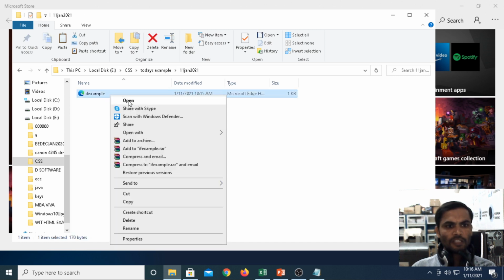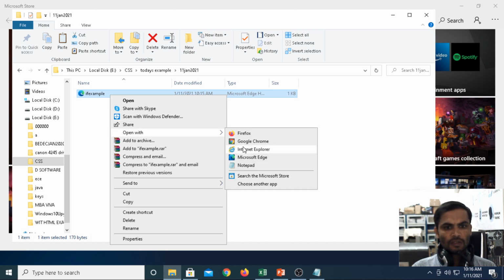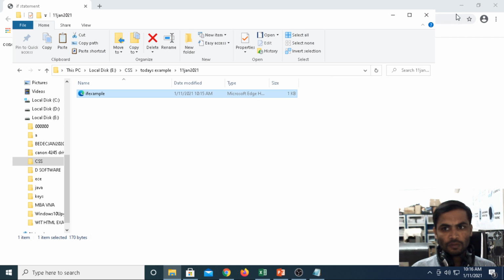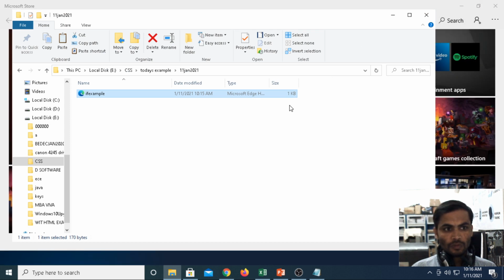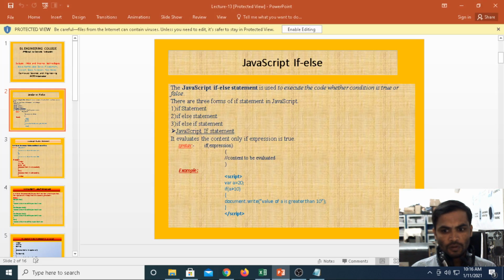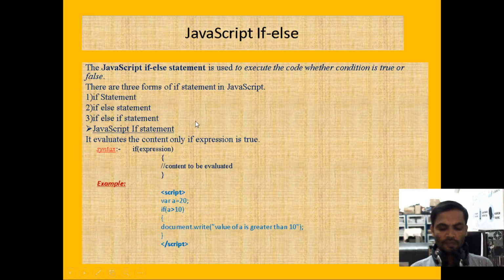Then I am running the program, opening with Google Chrome. Now "condition is executed" is the output. This is the example for the if statement.